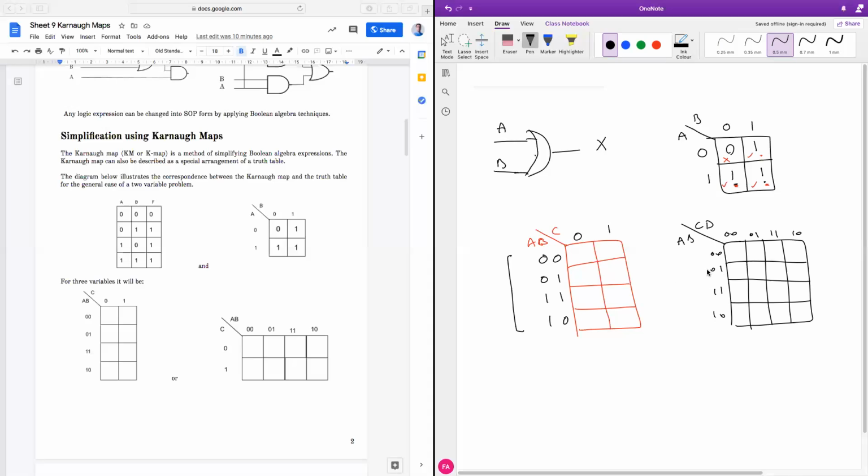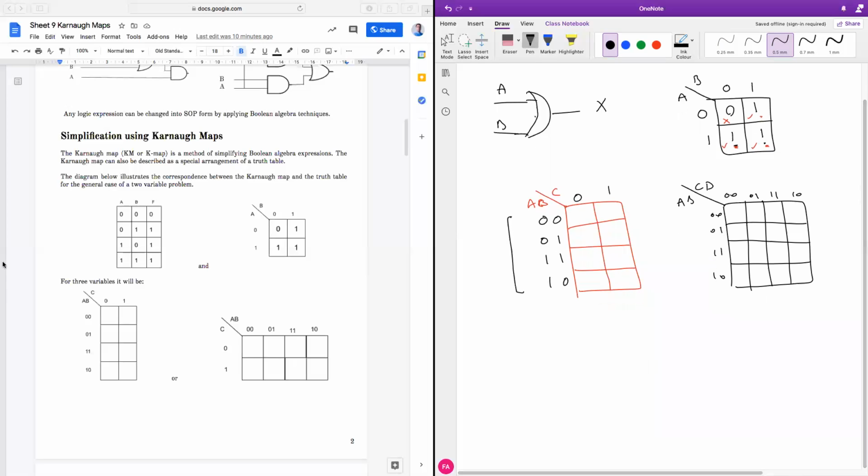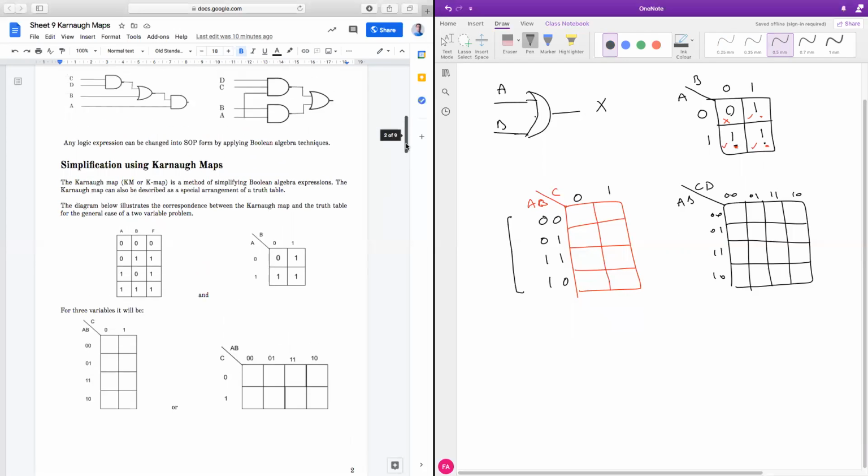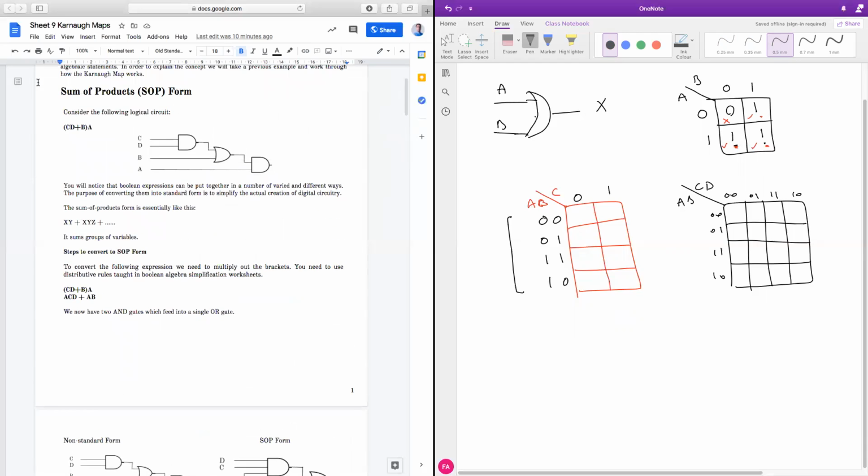We know how to construct K-maps, but the most important thing is how to find ones. If you want to find the ones, I introduce a technique which is called SOP form, or sum of products form. It means that, using the distributive rule, we've got to get rid of all the brackets. We've got to remove all the brackets. Look at this example that we have here. This is CD plus B,